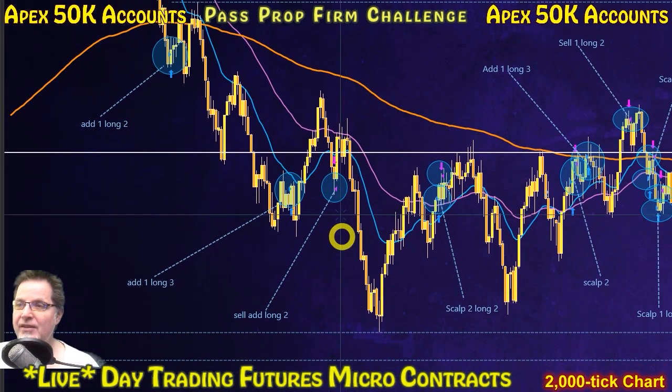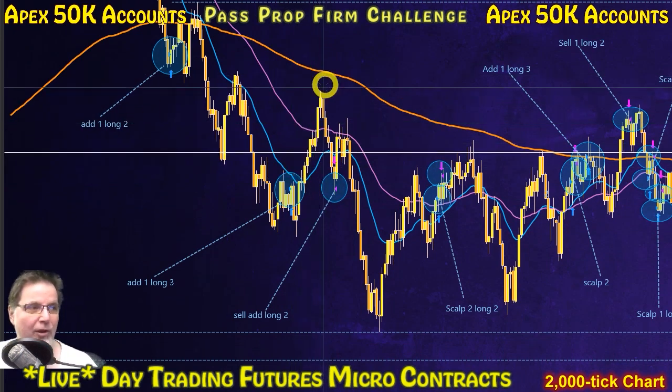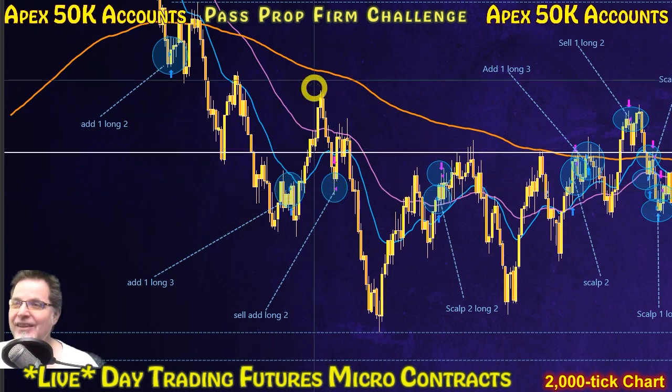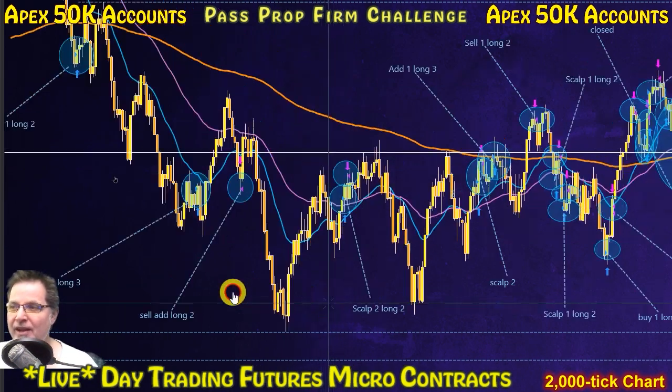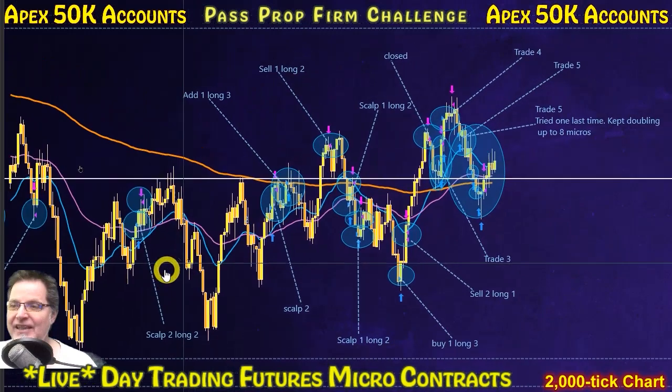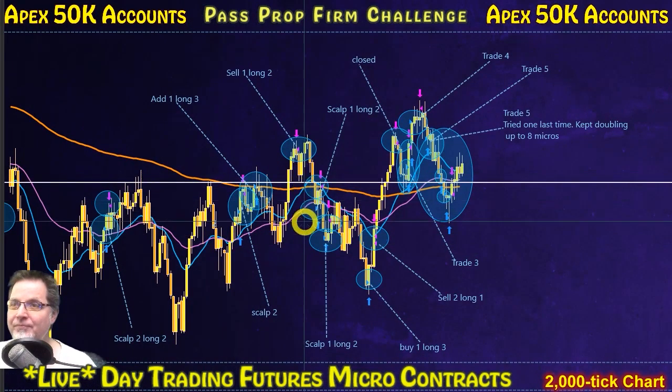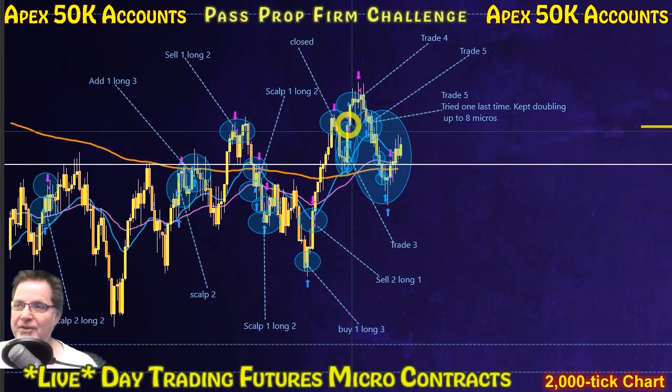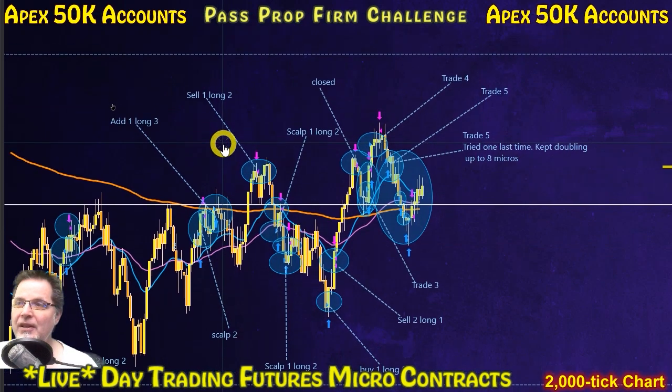My first mistake today was I should have scalped out when it popped up. I almost did. And I said, well, I'll put my stop on break even. So on this add, I got out for break even, and then I got back in and scalped a little bit right here. So I ended up scalping one right here for a tiny bit. And then I scalped two here, and I kept scalping all throughout this area. It just never went anywhere.